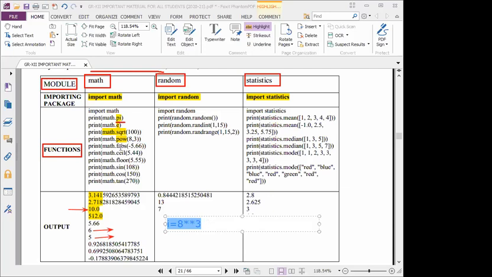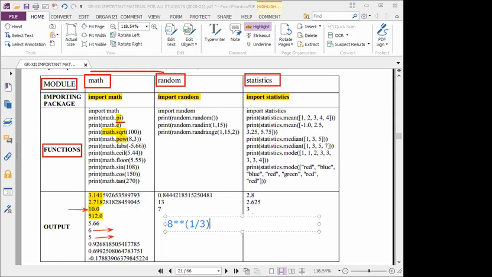So here are the functions, that is the square root function that everyone knows. But what should you give for calculating the cube root? Students, everyone knows cube root, right? Power of 1 by 3. So you can use the power function. If you want to calculate the cubic root of 8, that is 8 star star 1 by 3, it will give the same value. 8 power 3 means 512. 8 power 1 by 3 means the cubic root.